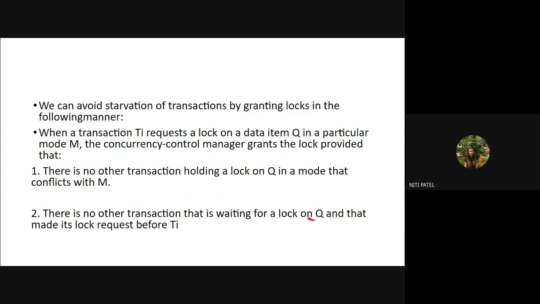Now in that case also, it will check who has made the request first. So what did we check? Between T1 and T2, who made the request first? T2 did. So it will be granted to T2, and T1 will still be made to wait. So we cannot say that starvation is removed completely. Starvation will be there. Why? We are trying to reduce the starvation so that we do not come into a conflict. So here also, in this second case, there is starvation, because if any other transaction is already waiting for that data item, this particular transaction will never get Q. Why? Because someone was waiting previously, so it again has to wait.